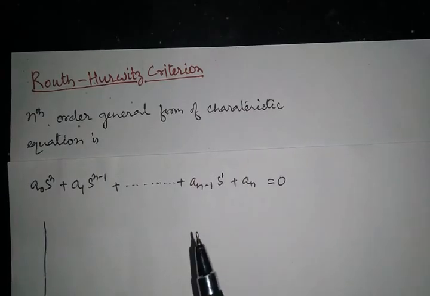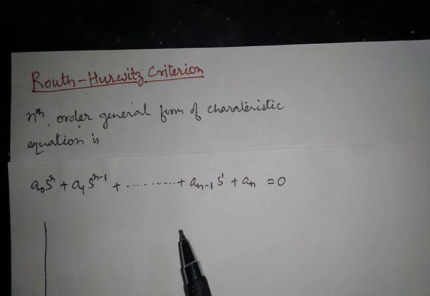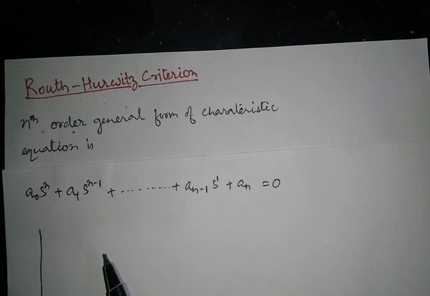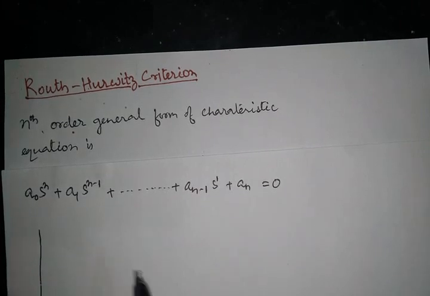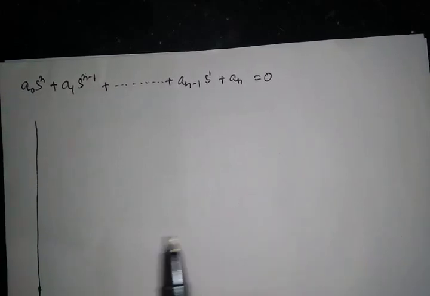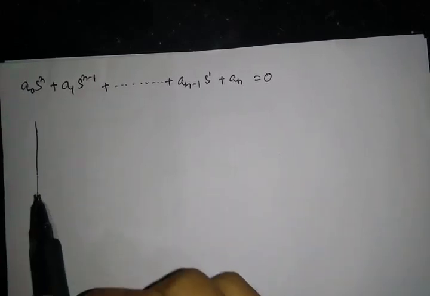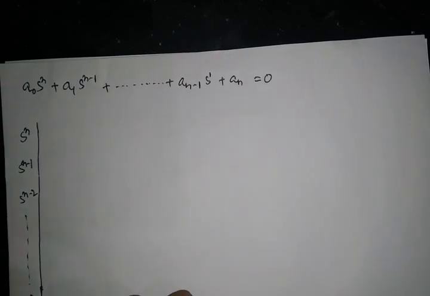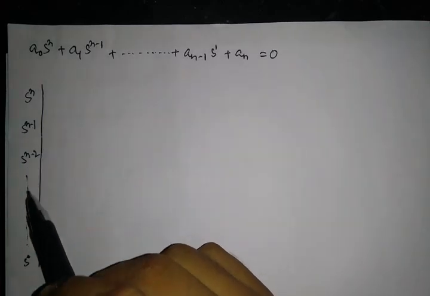Well, in the Routh stability technique, first we have to arrange the coefficients of characteristic equation into an array called Routh array or Routh table. Now I form a Routh array, an array formulation, and from the array formulation I will be able to make a conclusion regarding the criterion. So the first term is s to the power n. Let me write here s to the power n, then s to the power n minus 1, s to the power n minus 2, and so on, count down to s to the power 0. This is simply a count of the rows.